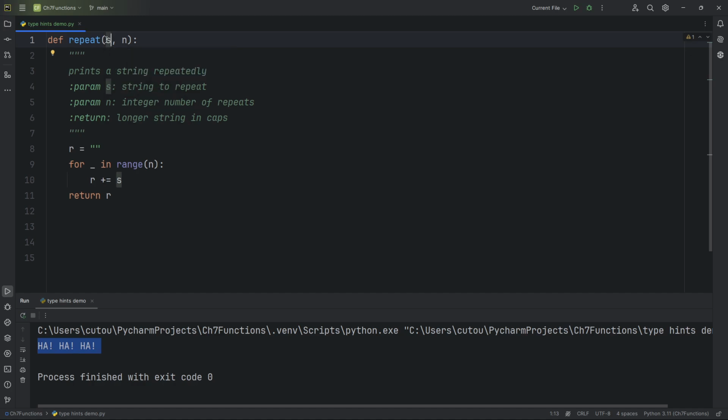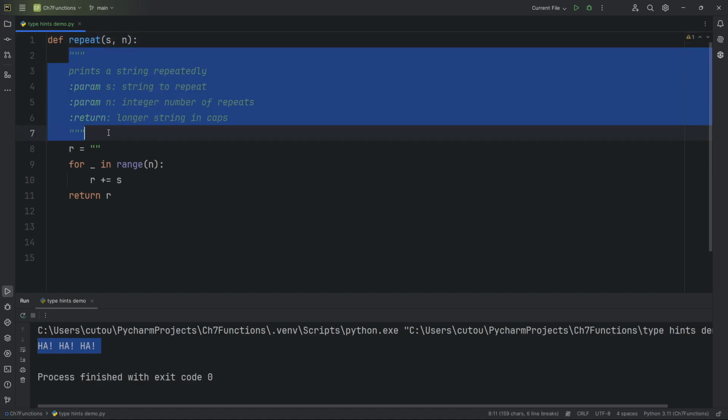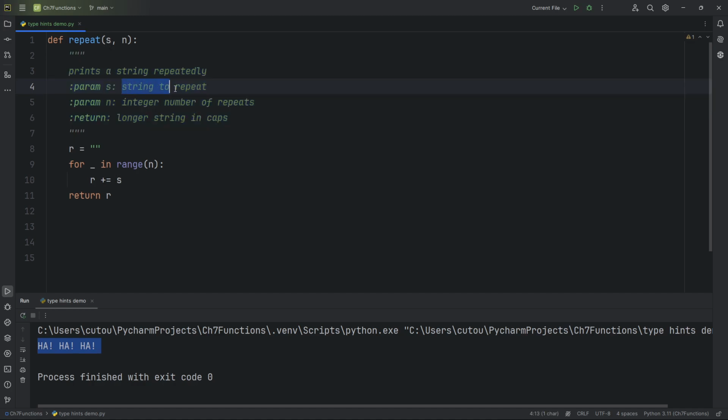And so S, who knows what it is? Is it a string? Is it an integer? Is it a list? Well, that's one reason why I've been asking you to write headers for each function. So it'll explain that the parameter S, that's a string that's going to be repeated, and n is an integer. This thing probably should say that it's an integer greater than 0, or maybe non-negative, and what